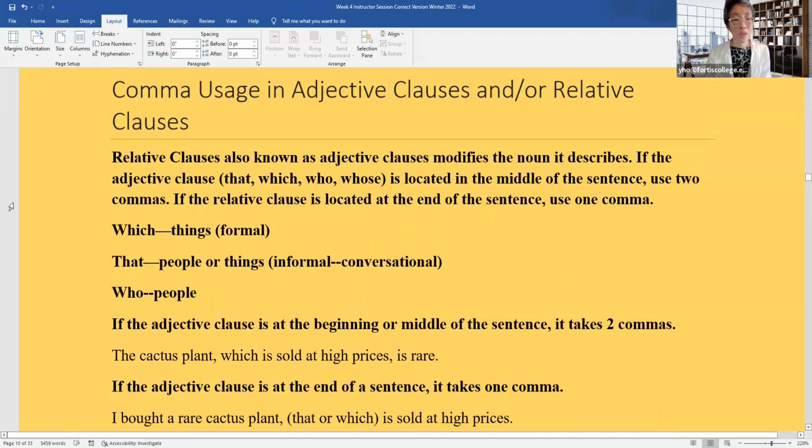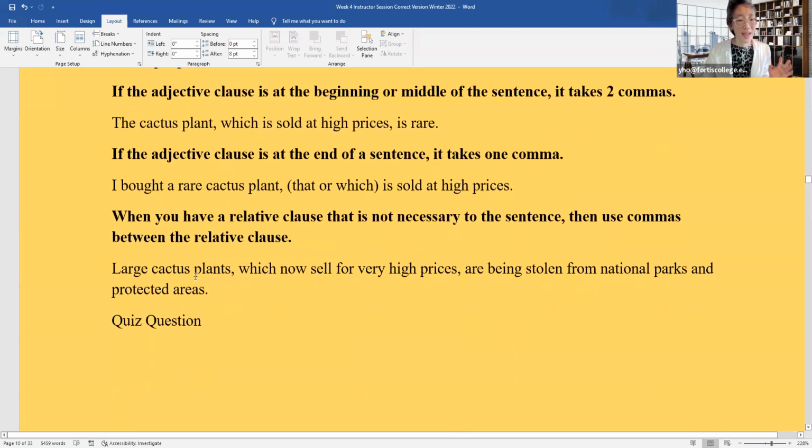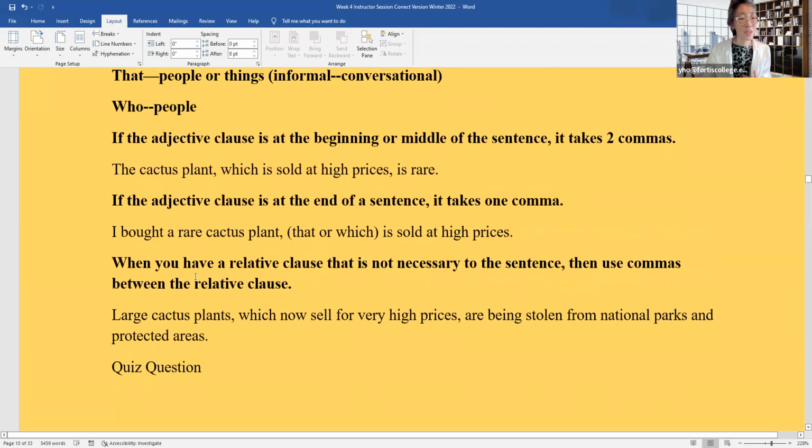So remember, when you have that, which, who, and whose, they have their own set of comma usage rules different from all the other subordinating conjunctions. That's all you have to remember, okay? Is that when you see that, which, who, and whose, it's different, okay? And then that's when you have to learn this. And when you have a relative clause that is not necessary, then you use commas between the relative clauses. In other words,